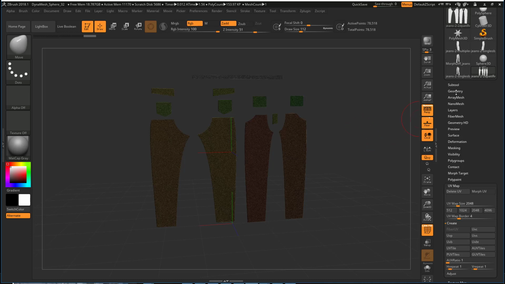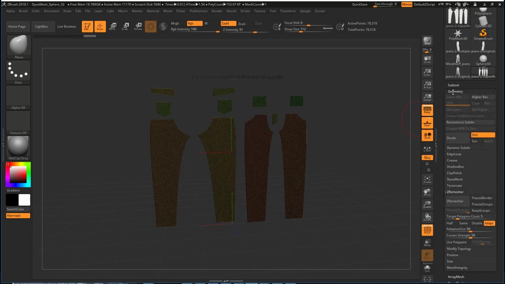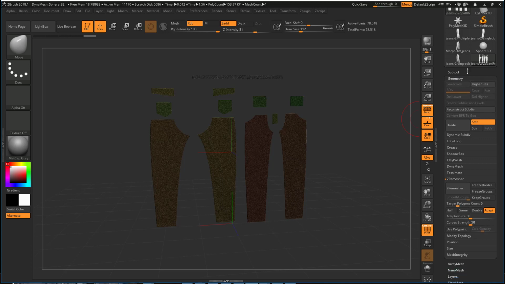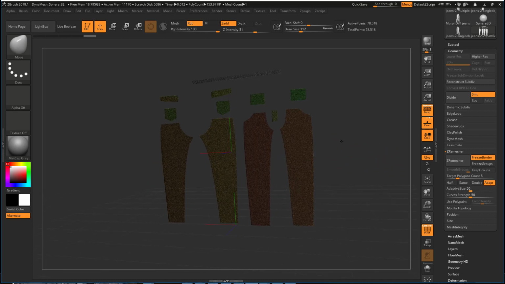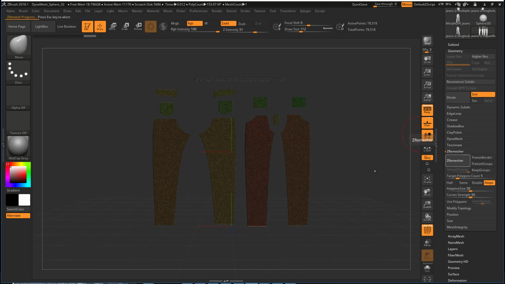Step number 1, 2, 3, whichever of this process, you come into ZTool, geometry. You go into ZRemesher, not Tessmate, ZRemesher. Okay, and if you hit freeze border, which is one option, it's going to automatically decide how many polygons this needs to be. The general idea is we don't want the border to change. So let's just turn this off and let's hit a ZRemesh of 5